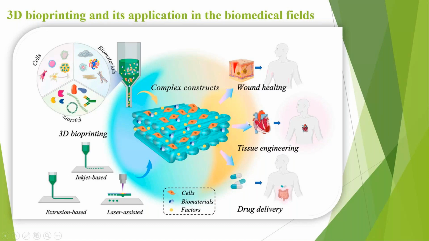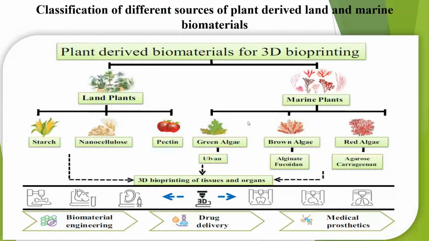And as we are all aware, there are generally two kinds of biomaterial available from our sources. One is plant-based material, and another one is marine plants. So I am focusing on marine plants. Among the marine plants, there are three different kinds of algae: green algae, brown algae, and red algae. Due to the presence of pigment, we name them as three different kinds. Among the green algae, ulvan is the most predominant polysaccharide available, in brown algae we can name alginate and fucoidan, and in red algae we can name agarose and